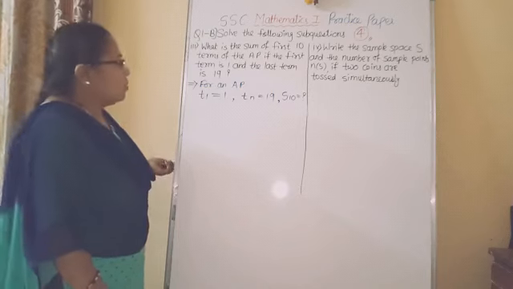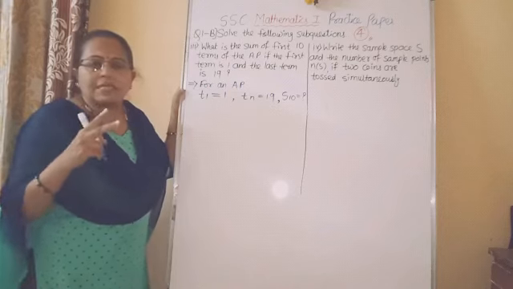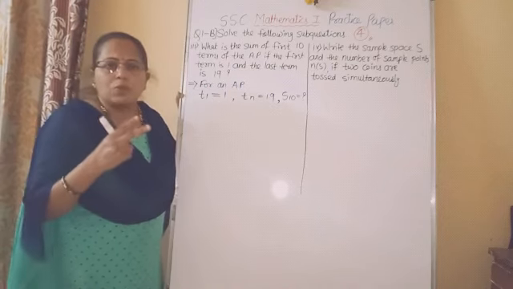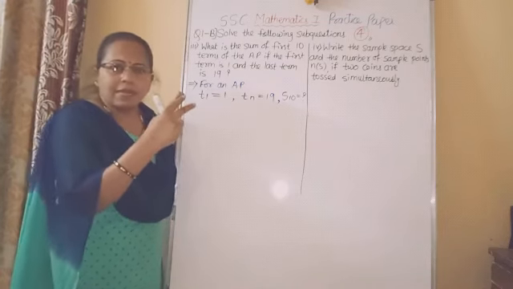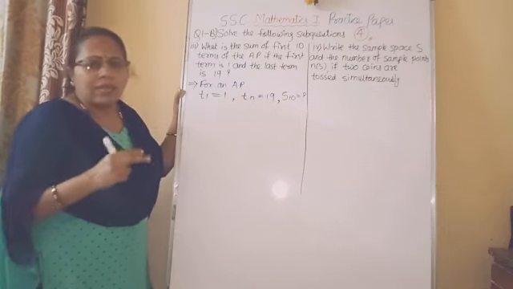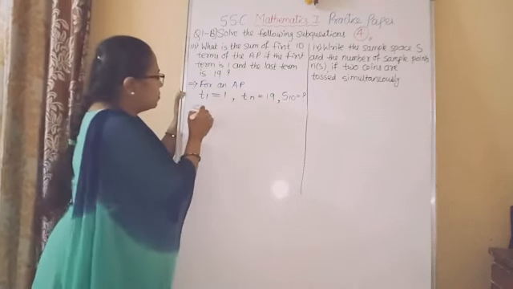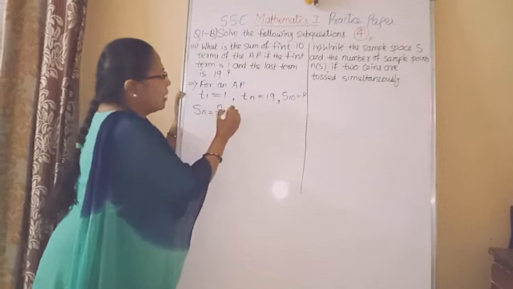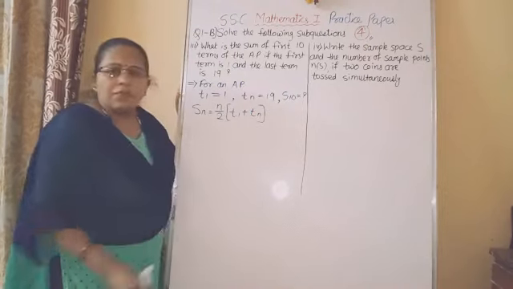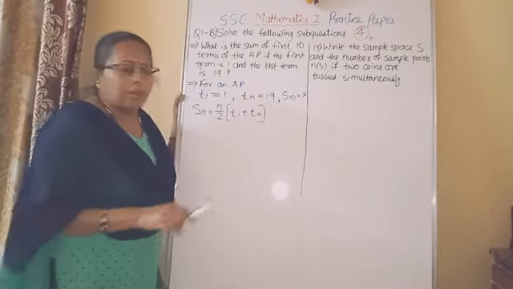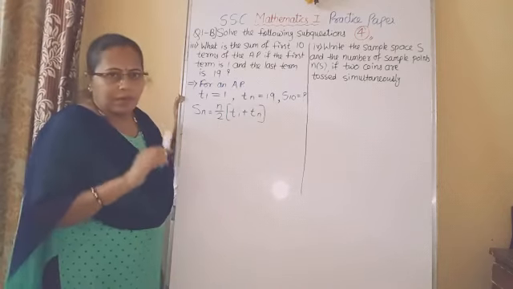Follow the question. Okay. See students, we have two formulas for Sn. First formula is Sn is equal to n upon 2 into bracket 2a plus bracket n minus 1 bracket close into d. And second formula is Sn is equal to n upon 2 into bracket T1 plus Tn. If you know the first term and the last term of the AP, you can use this formula. So for this formula, half mark is given.